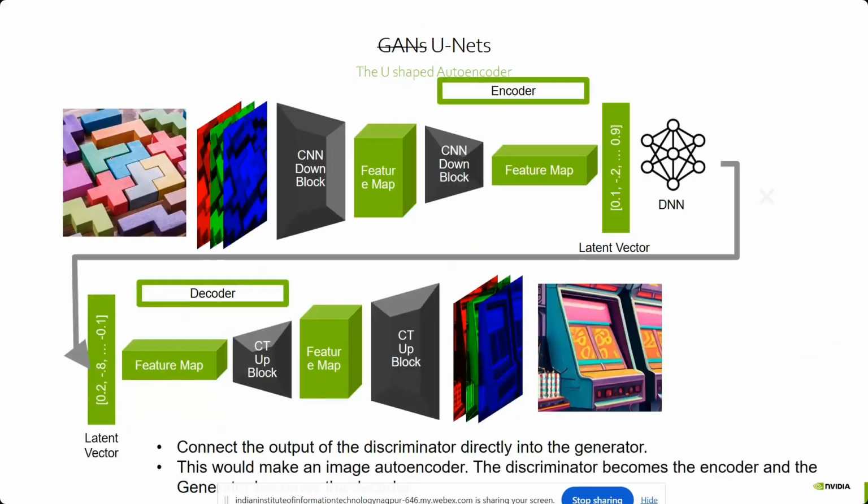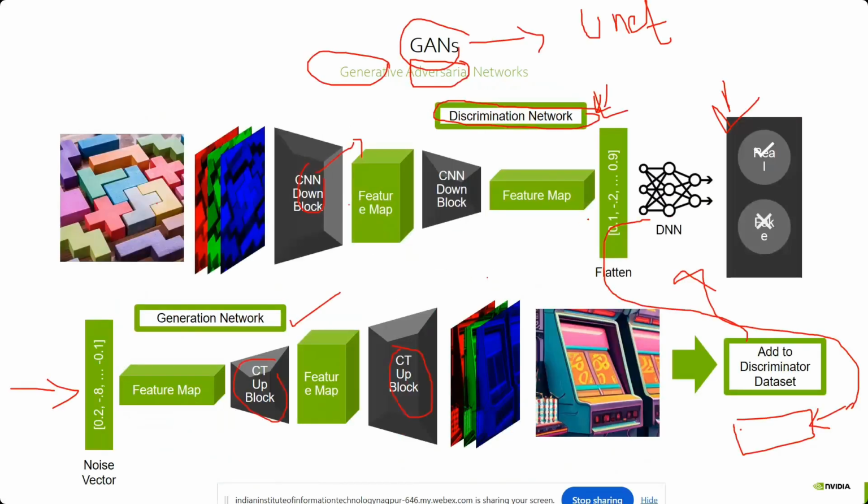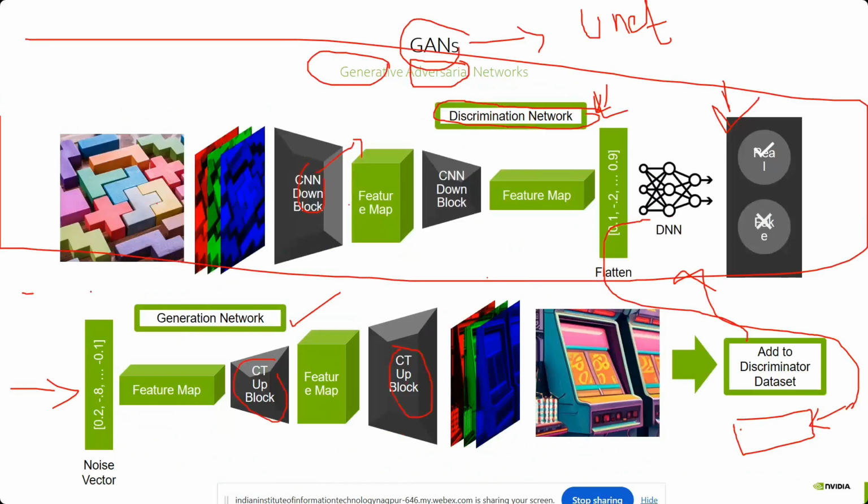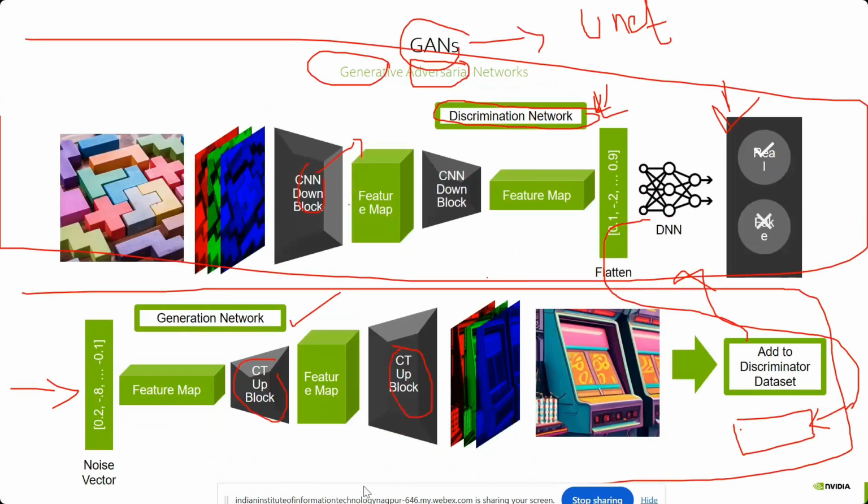If you observe here, the discriminator is a different network and the generator is a different network. Again, there is a problem with the GAN architecture. What was that problem? That problem is called mode collapse. Suppose your generator and discriminator are not properly trained, there is a possibility that every time my model will generate a 0 numbered image or a 1 numbered image. If it is generating images, it has to follow diversity.